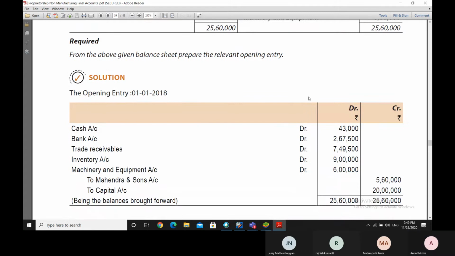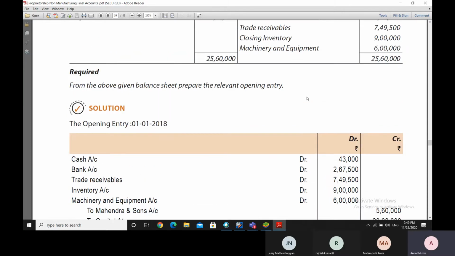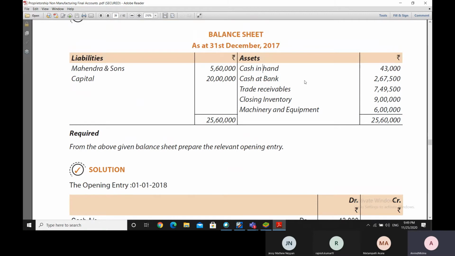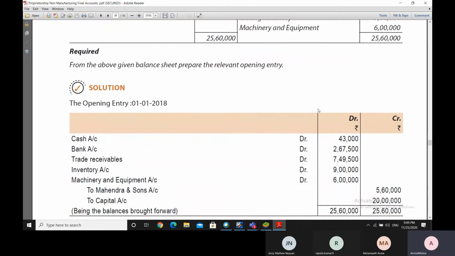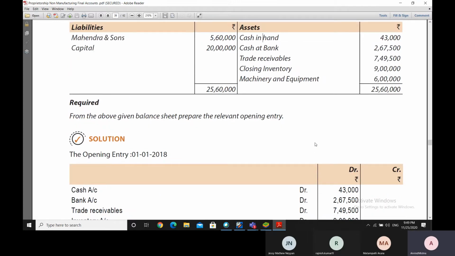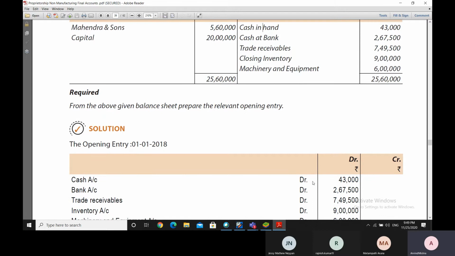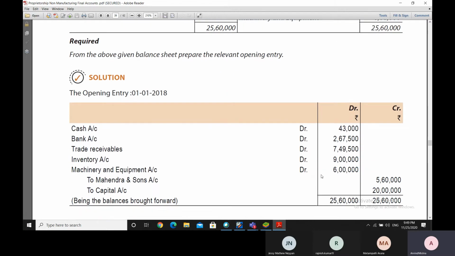Therefore, for transferring these balances in the form of the opening inventory, we will be crediting these accounts which are showing the debit balances. We will credit them so that they are closed, and we'll debit the same name accounts by the same amount. So starting with the opening debit balance, as we can see here, all the debit balances are shown here, and then they are all totaled,